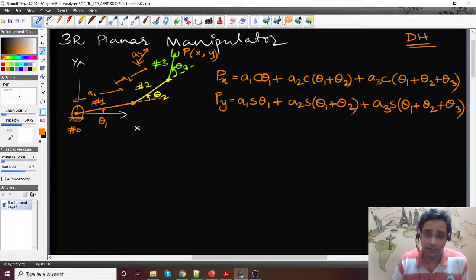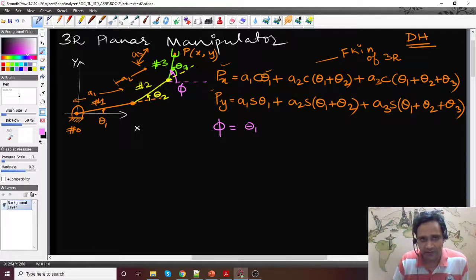So if you're not familiar with this formulation, I would request you to check out the forward kinematics of 3R. This is what is forward kinematics. That means if theta 1, theta 2, theta 3 are given to us along with A1, A2, A3, you can determine the end effector Px and Py. Now obviously there are 3 inputs here, theta 1, theta 2, theta 3. However, there are only 2 outputs here. So we also have another term which we call phi, which will be in this case the orientation of the third link, this orientation.